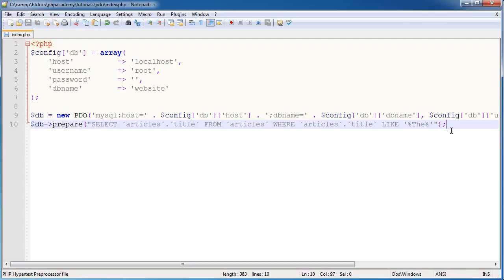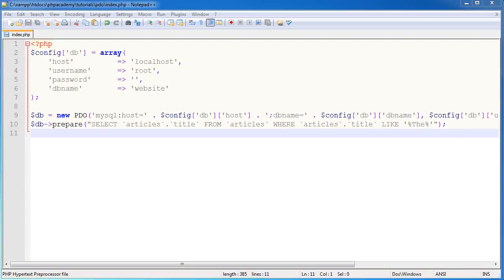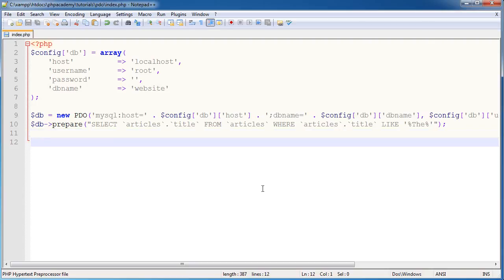Now prepare, much like the query method, returns the PDO statement object, and what this allows us to do is make use of the methods that that object has. So for example, we're going to be using the bindValue method, which is going to take a specific value. For example, it could be user input, which we'll be integrating in just a moment, and it will apply it to here. So it will prepare it, place it into here, and there we have it. Now we're going to take a look at the results that this returns, and I'm going to show you how the prepare method doesn't actually